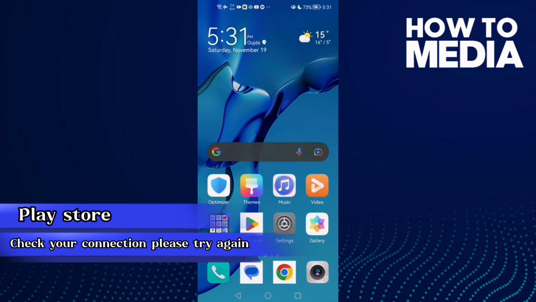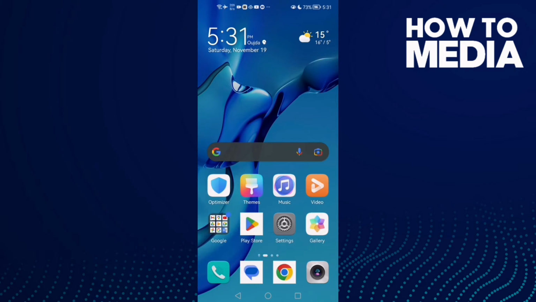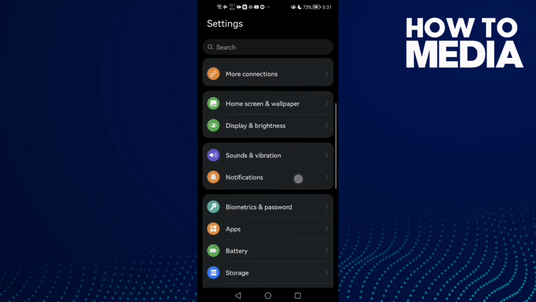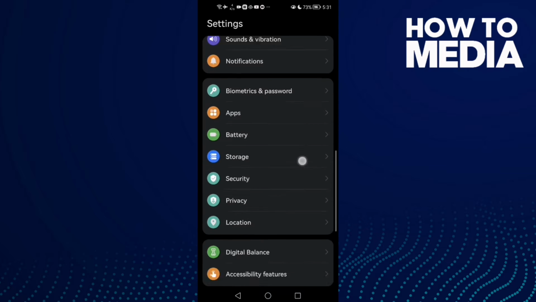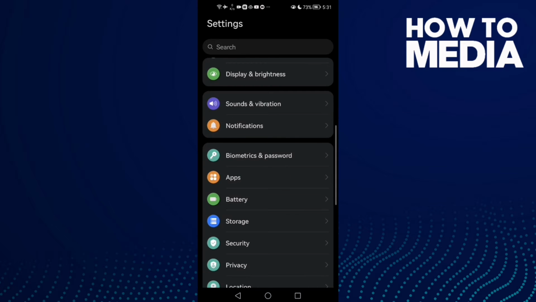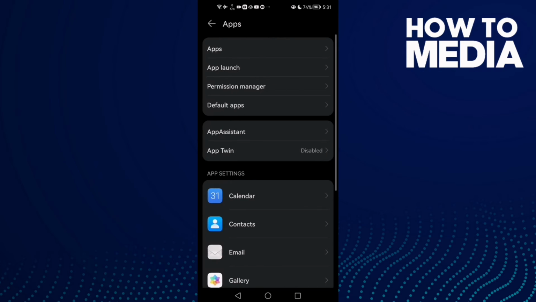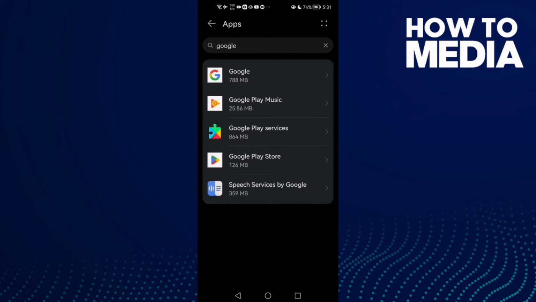How to fix Google Play Store, check your connection and try again on Android phone. Hello guys, in today's video I'm gonna show you how to fix this problem easy and quick on any Android phone. First open settings and now scroll down until you find apps and then click apps again, and here we'll